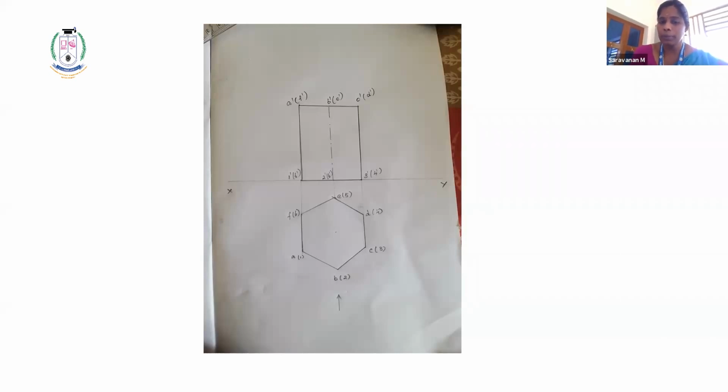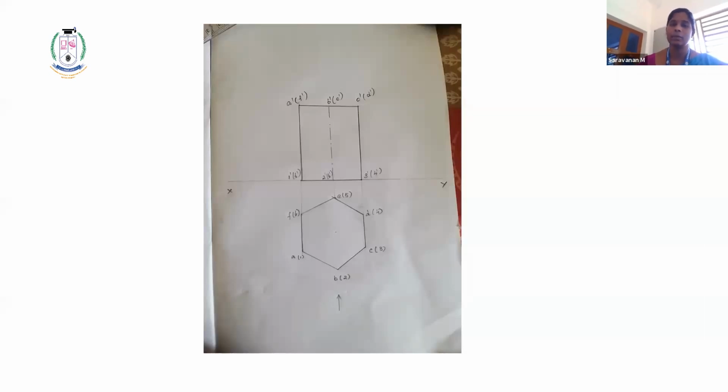Also you have to remember, top view means you have to mention A, B, C, D, E. Front view, you have to mention A dash, B dash, C dash, or 1 dash, 2 dash, 3 dash, based on the condition drawn here. So this is the simple projection. First we have to draw the simple projection of solids. Only after the simple projection of solids do we show the section. So the simple projection is over now.